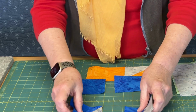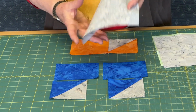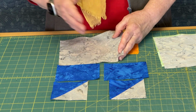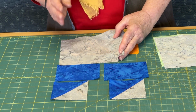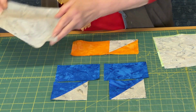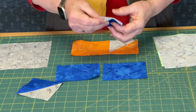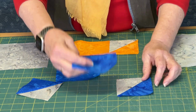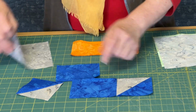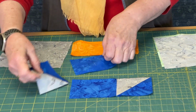So we need to have 2 of those and 2 of those to make a block, plus we need one larger piece of your sort of main colour that you're using. And that again is, because it's a 6.5 inch block, we've added 1 inch in one direction. So this is a 6.5 by 7.5 piece. Getting the hang of it now. So we need to join these together. So we're going to have it so that it's like that, and we're going to join this piece on here. So this is the same as my colour here. So that one is the one that's on the inside of the piece, and we need to do 2 of those